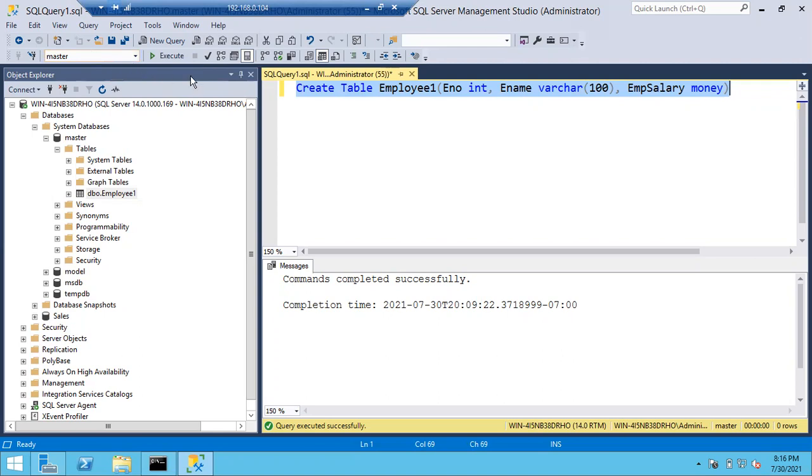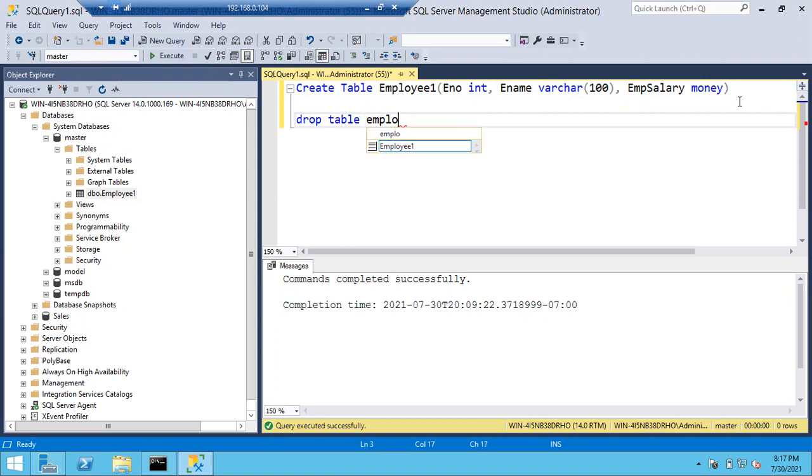Imagine this is a create statement. Imagine if it is a delete or drop statement. You have to drop a table from one database. What is the query to drop a table? Drop means delete. Drop table employee one.